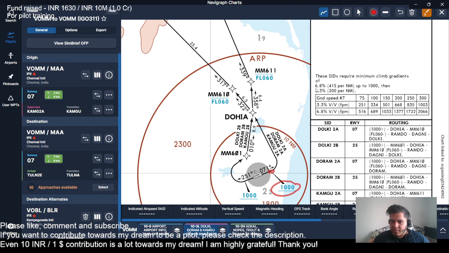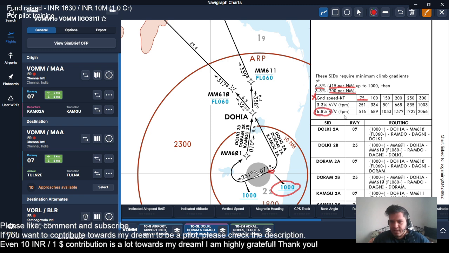Minimum climb gradient of 6.8% means 415 feet per nautical mile up to 1000 feet, then 3.3% standard, 200 feet per nautical mile. Now there is a chart, this particular chart, where it is written that if your ground speed is 75 at 6.8%